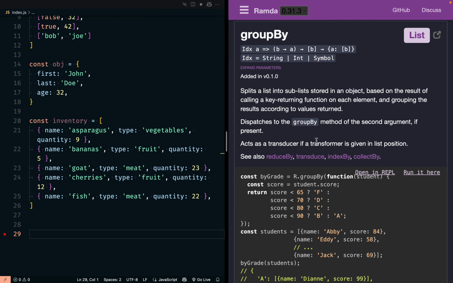And then we've got the act as a transducer. We're going to skip that. And we'll look at collectBy. And we'll get to these other ones once we get to them alphabetically. But for now, collectBy is very similar. So if we look at the